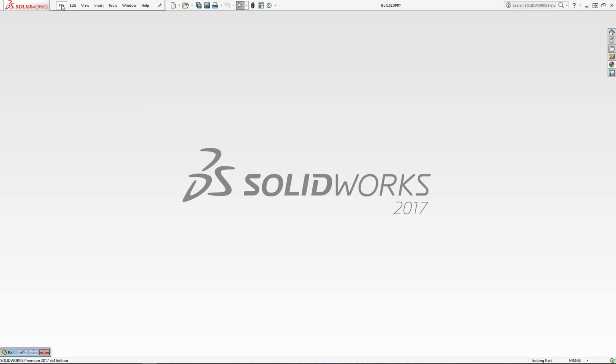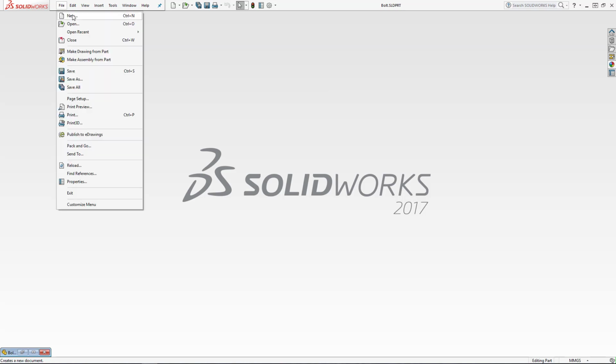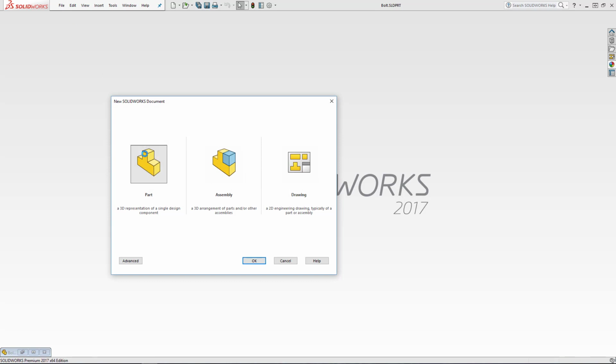So if we just minimize that for a moment, we're going to want to create a new part to recreate the bolt. So if you go File, New, and then you can just double click on the part icon,